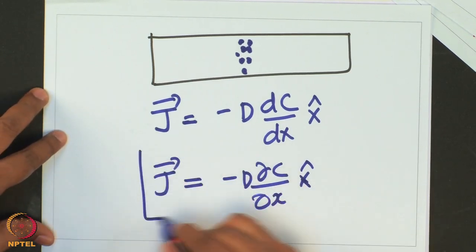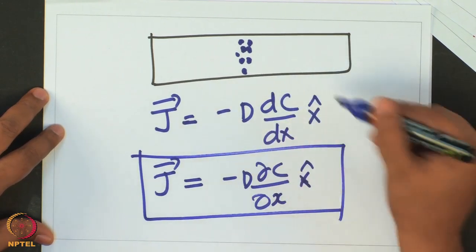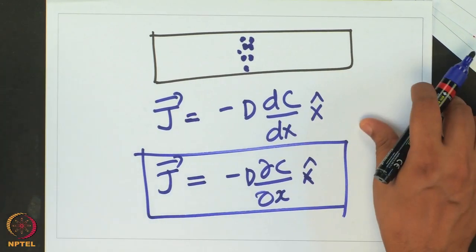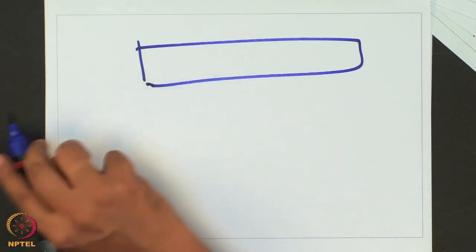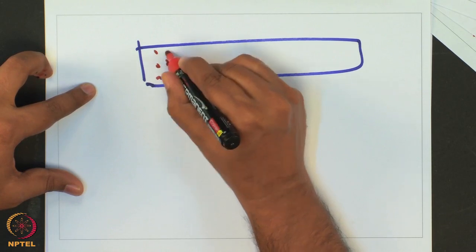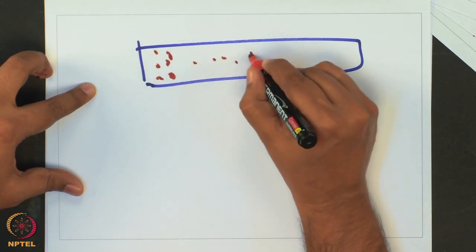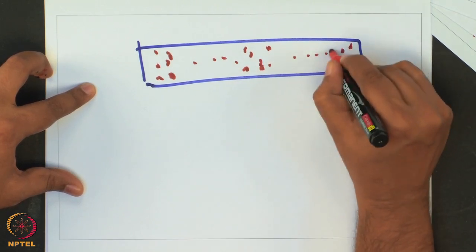Now, given this knowledge of J, what do we know about the change in concentration? Let us think about this. Just to remember, J is a function of x. If you have different concentrations, J would be a function of x. For example, if you have a tube like this, and you have a lot of molecules here, and very few molecules here, and a lot of molecules here, and very few here, and a lot here,